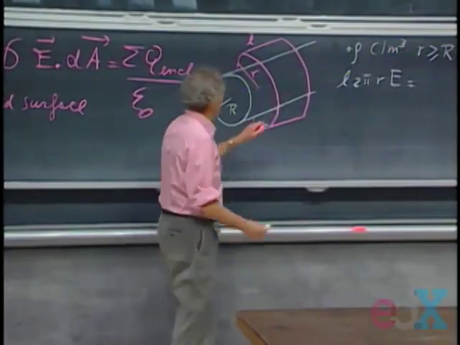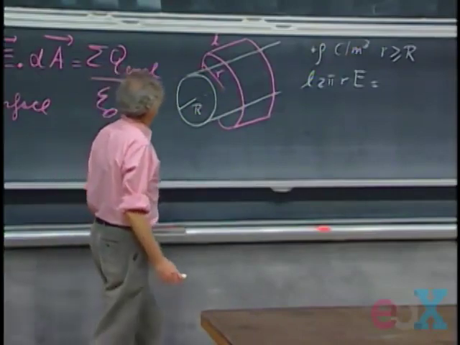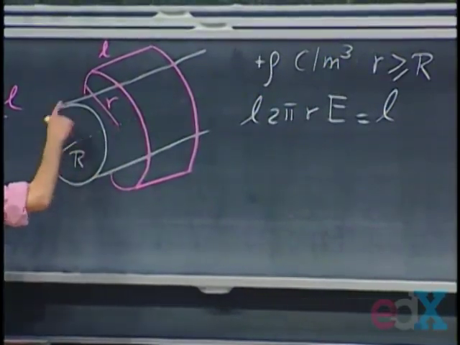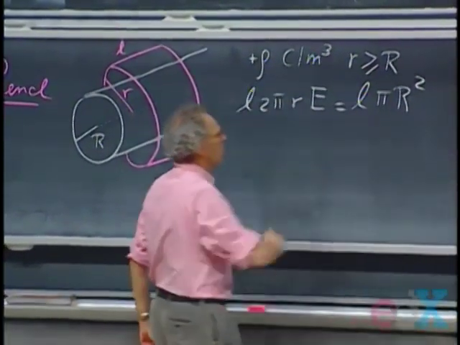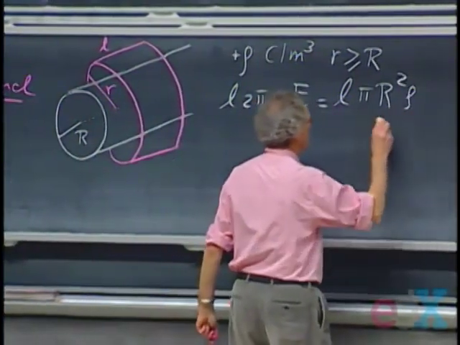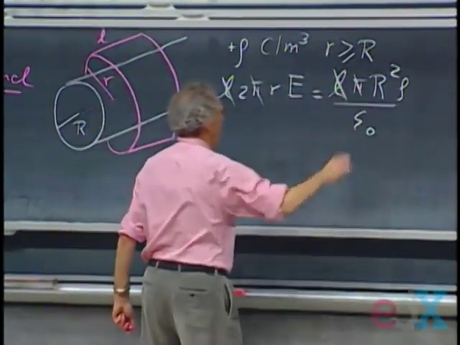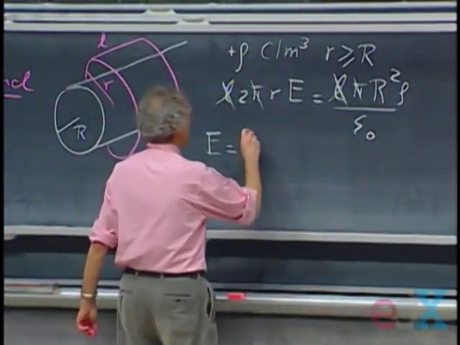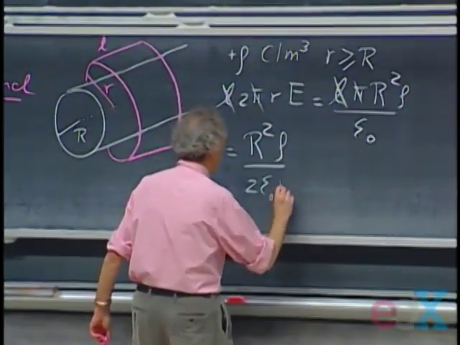But of course the charge inside the cylinder, that's only the portion that is in this inner cylinder. And so that has also then length L. The cross-section here is pi r squared. So this is the volume of the charge that I have inside my Gaussian surface. I must multiply by rho, that gives it a charge, and I divide by epsilon 0. And of course the L cancels, as it always does, and the pi cancels here too. And so I find that the electric field equals r squared times rho divided by 2 epsilon 0 r.